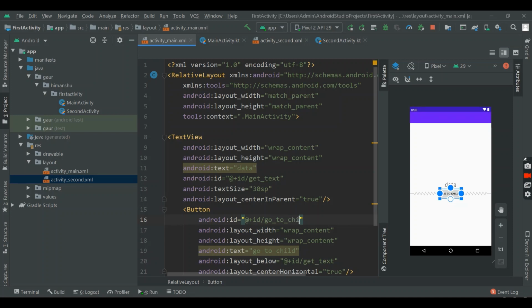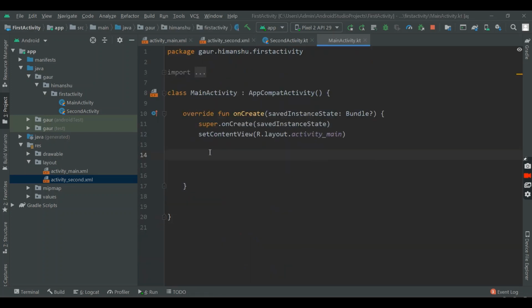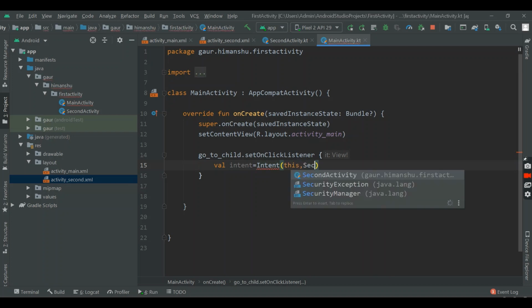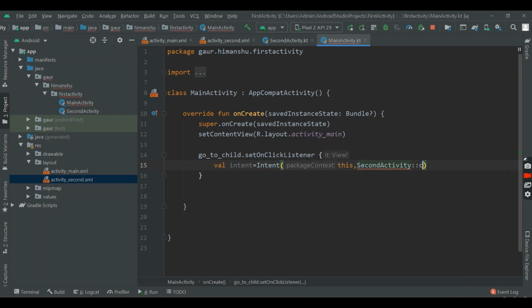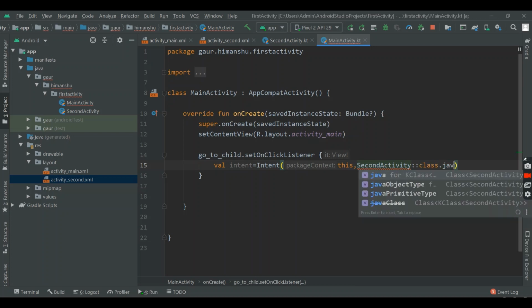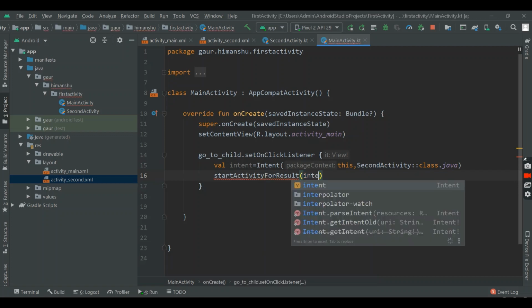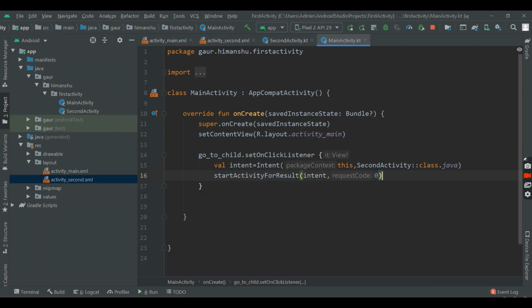Go to main activity, and here go to child, set on click listener, and here I use intent to jump from this activity to our child activity. This and second activity class dot java, and here start activity for result. Intent is our intent, and request code is 0.